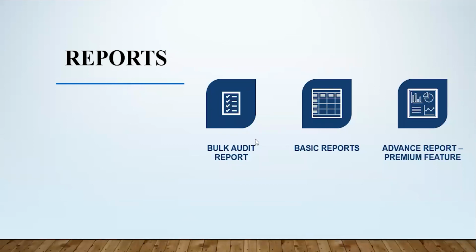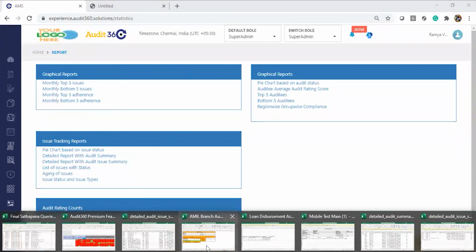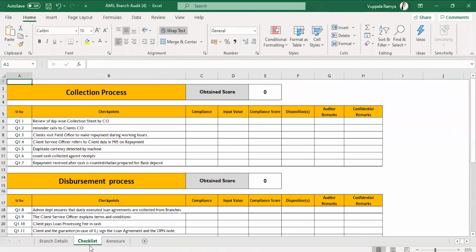Just to demonstrate how this advanced report would look, we have taken a sample report. So if you see, this is a sample report we have used for demonstrating it. This is in Excel. We have a brand summary report, scorecard, then the checklist-wise.